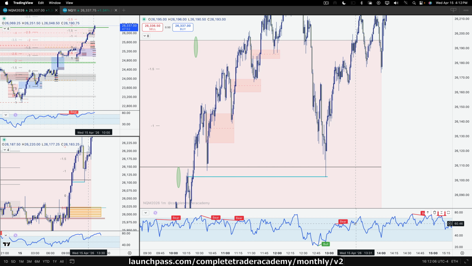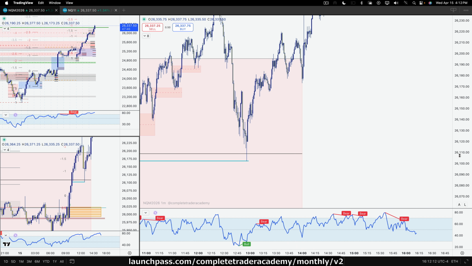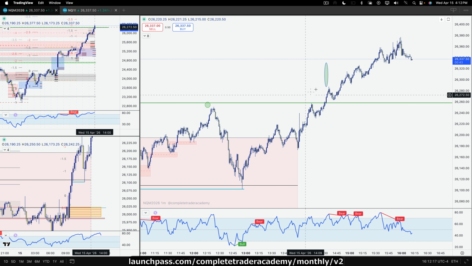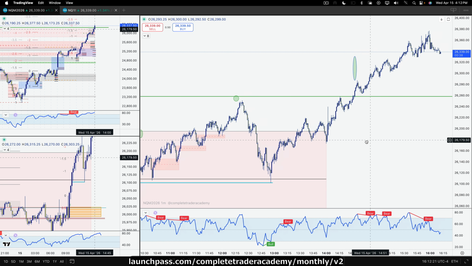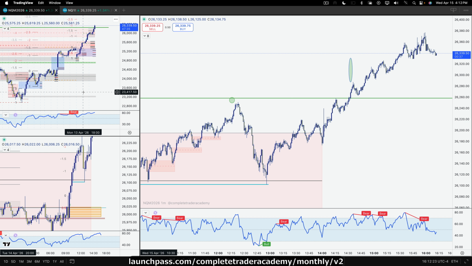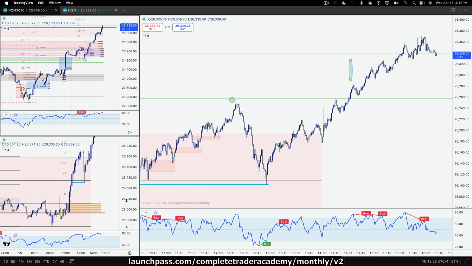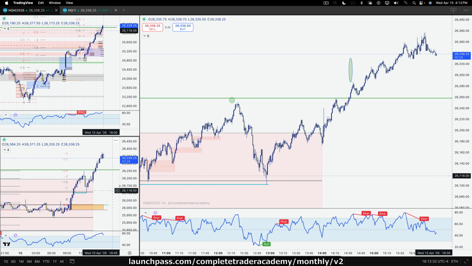Oh, what do you got right here? You got a higher low here. Look at this. That is just beautiful. Why do they do that? Because they need you to buy again. Who is buying up here? I am. Is that smart? No. But at the same time, is it smart? Yeah, because of the fact that we understand how they maneuver. They're going to just constantly punish sellers or people trying to sell.